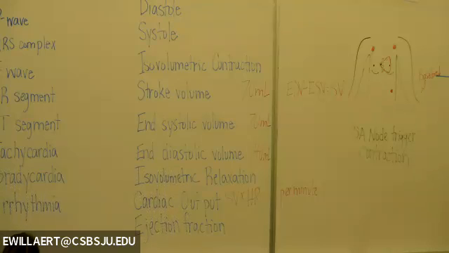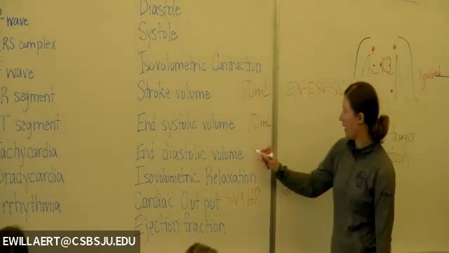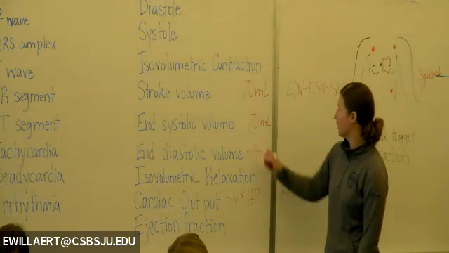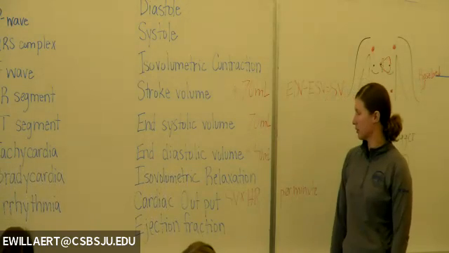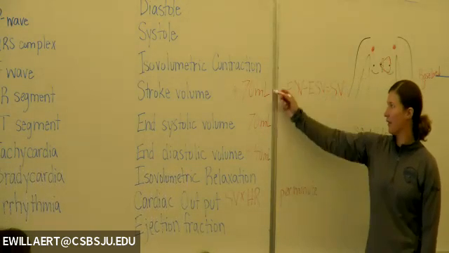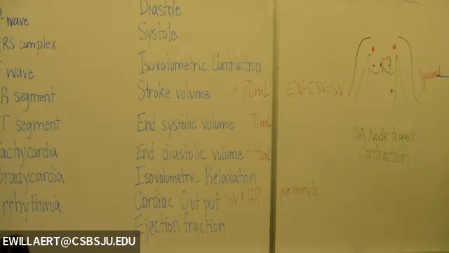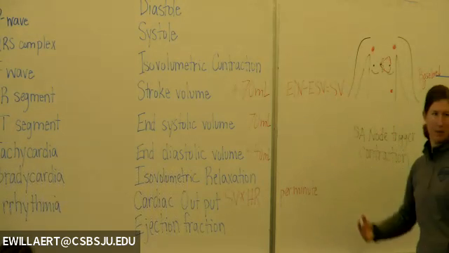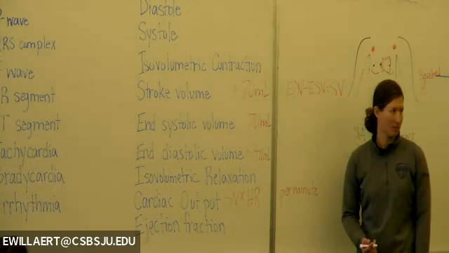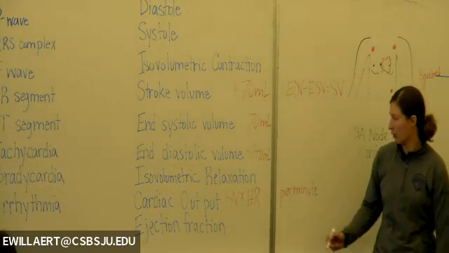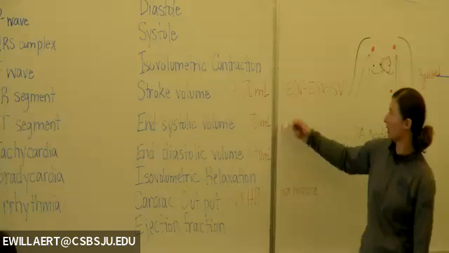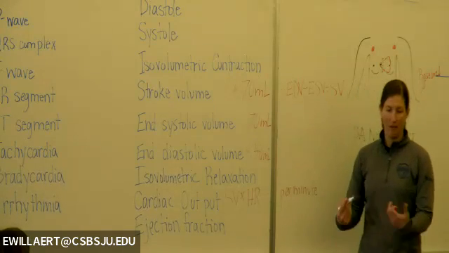All right, and then the other piece that we look at is what's called the ejection fraction. So the ejection fraction is how much did we have compared to how much did we pump out. So in this case, this person had an ejection fraction of what? 70 compared to 140? Half, okay? So this person, if they started with 140, they ended with 70, they have an ejection fraction of